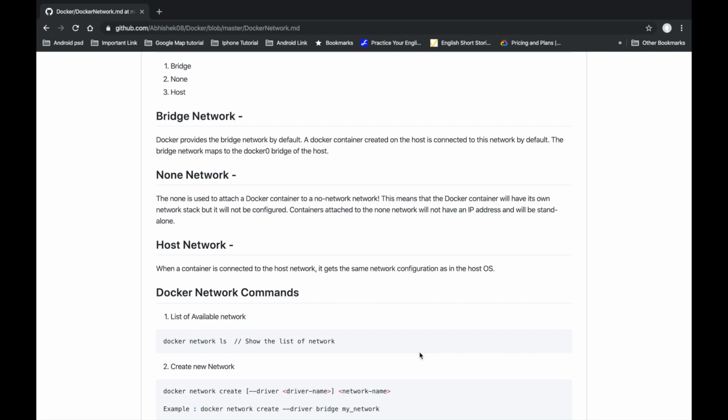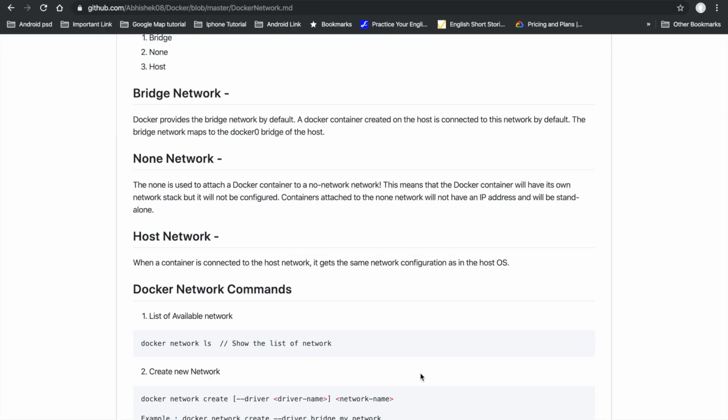Once we create a container on the null network, no IP address is assigned to that container. The next network is the host network. When a container is connected to the host network, it gets all the configuration from the host system. These are all the types of network provided by Docker.